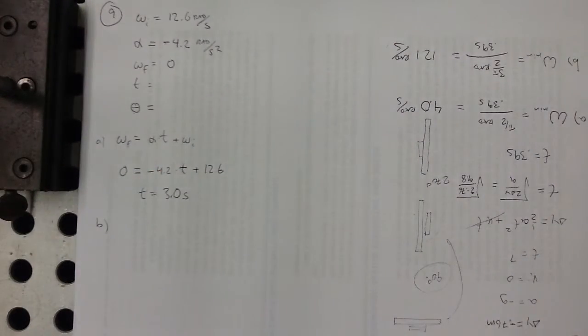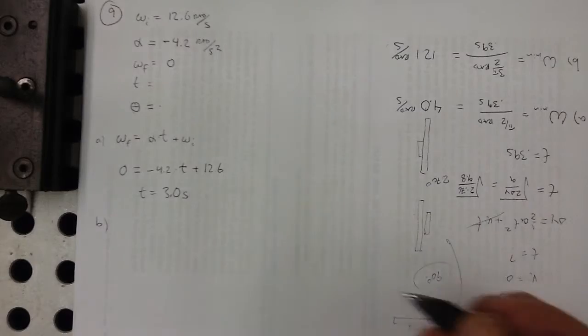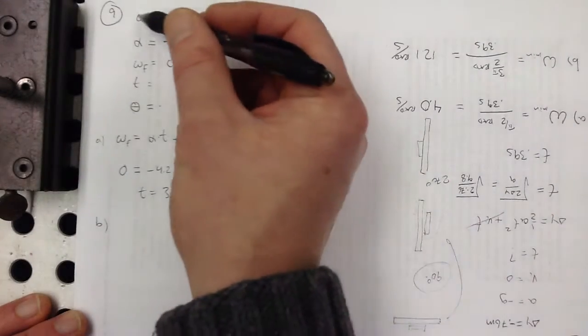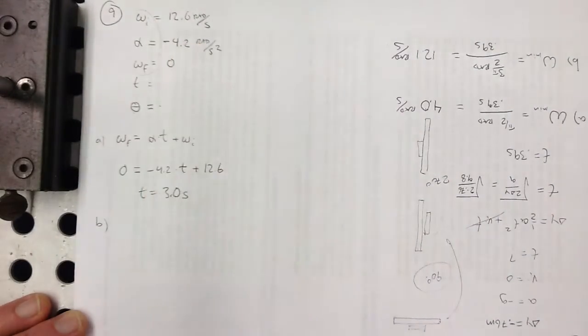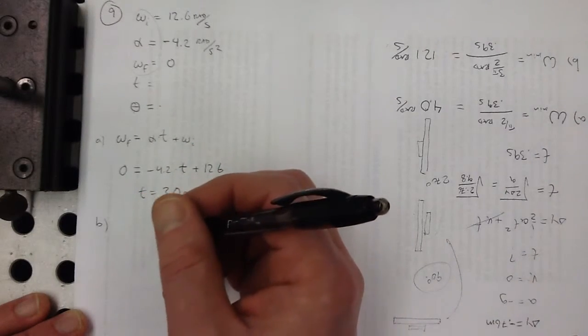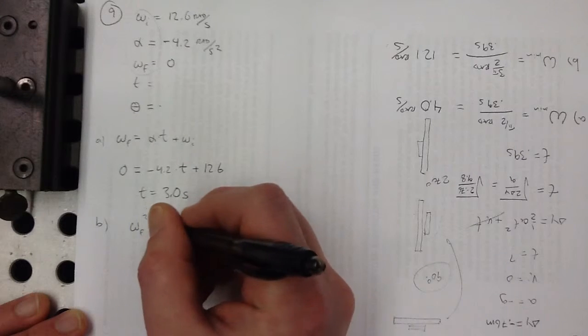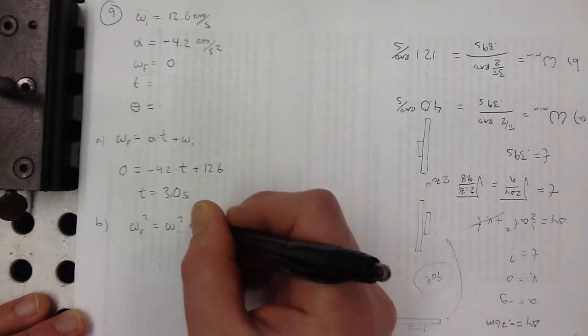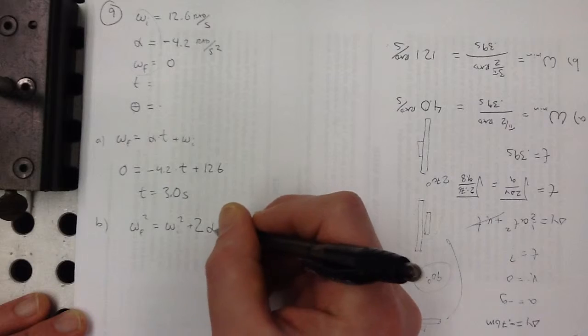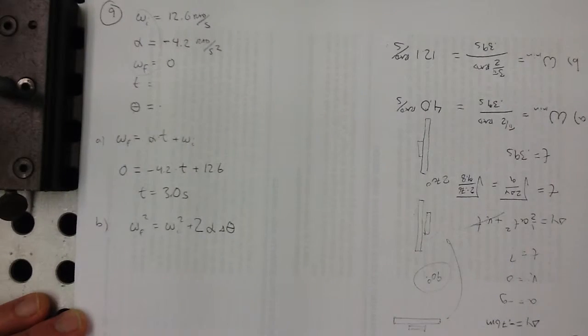Part B, through what angle? So I have my choice of any equation now. I'm going to go ahead and use the one that uses the original variables that I have here. So that would be this one, I believe. Right, so